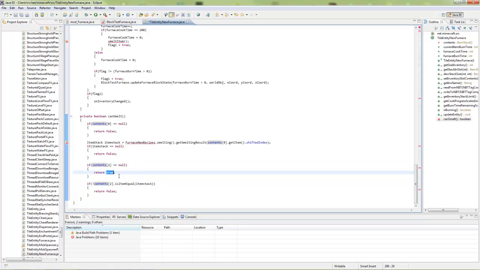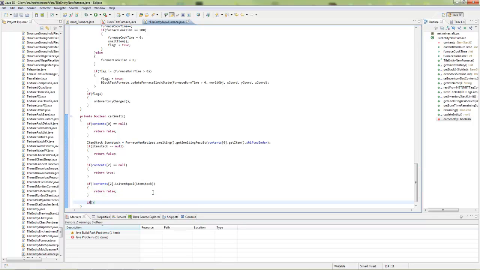So if there's nothing in it, it will return true. However, if the thing that you want to smelt into, so if the smelting result isn't equal to what is already in that slot, then it's obviously going to return false, because you can't stack two items of different